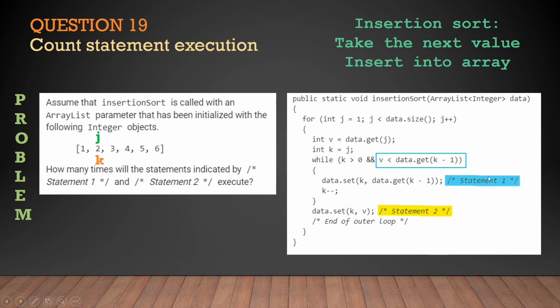And it's saying, how many times will this get executed? This question is interesting because when you look at the statement, the only time it will run is if k is greater than 0, well, that's fine, but also if v is less than data.get(k minus 1). So if the value in the position of J is less than this one, which is k,